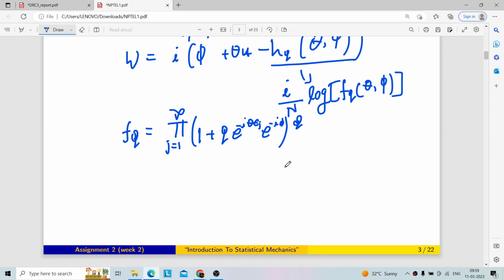So now we have to do the derivative with respect to theta and phi. Let's take the derivative of this function with respect to theta, and we will equate this to 0 at the point theta equal to theta 0, because we are assuming at this point this function will be maxima or minima, so we will equate it to 0. So we have w here,